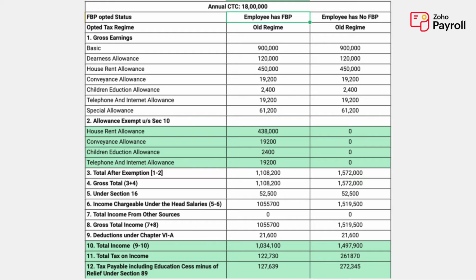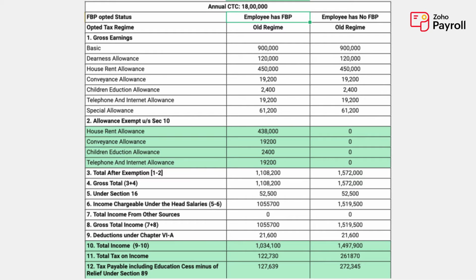Under this, the first employee has planned their income tax diversely, made some investments and submitted bills for their tax benefit, to reduce their taxability on a yearly basis. The employee has declared the house rent allowance exemption of 4,38,000, conveyance of 19,200, children education of 2,400, and telephone and internet allowance of 19,200. By declaring this, the total taxable income for this employee has been reduced to 10,34,100 rupees. And the total tax that the employee is supposed to pay for the financial year would be